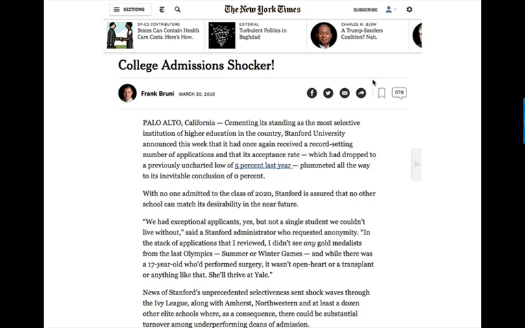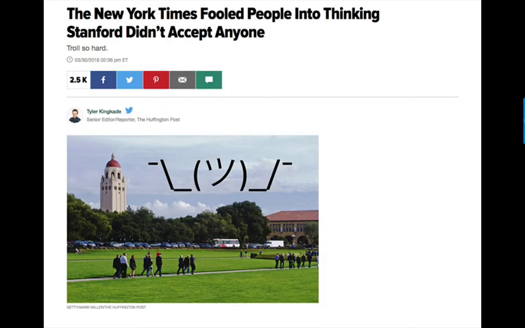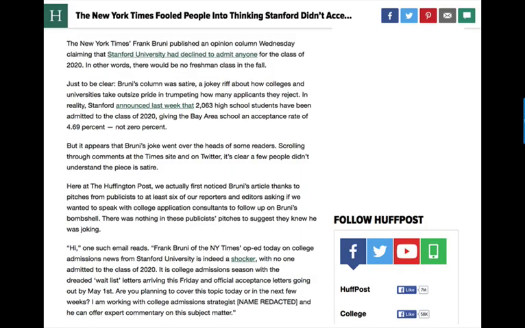So this was satire, and nowhere in the paper did it have a disclaimer. Yes, it was in the op-ed column by Frank Bruni, who's not necessarily known for his satire, but is definitely known for his berating of college acceptance rates, that colleges all pride themselves on boasting that they have lower acceptance rates than one another. So that article came out, and the amazing part is how many people were fooled by it, including an anchor at WABC in Los Angeles, but actually there was a great deal of confusion among the accepted students' parents and the accepted students themselves.